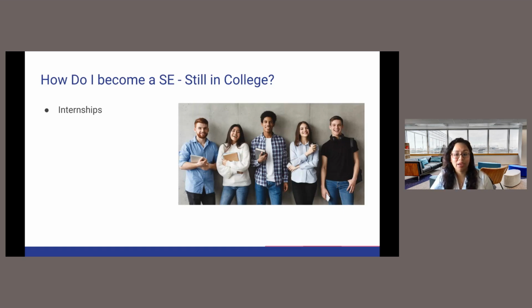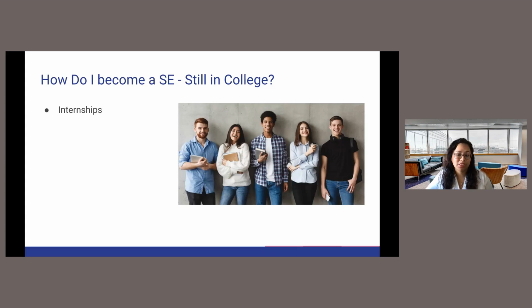People also gain great exposure to the sales engineering daily activities by getting an internship. Individuals learn a lot about how they perform their daily tasks. And with an internship, you are going to have the ability to amplify your network. That is actually very important, especially coming out of college. You need a network that you can lean on, that you can talk to, and that can help you grow. So internships are a must.